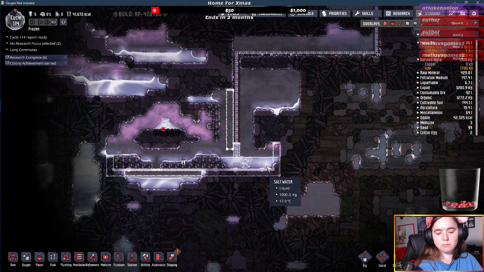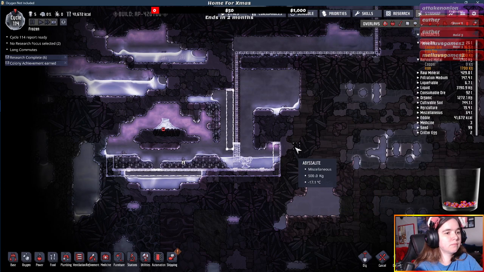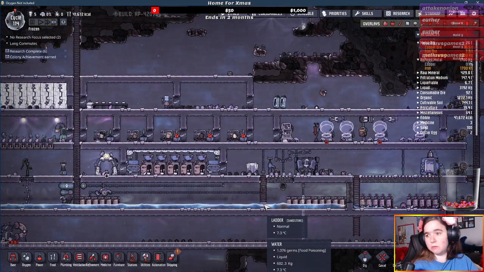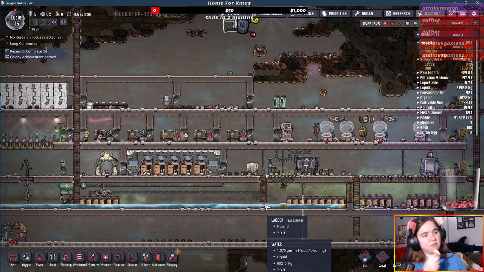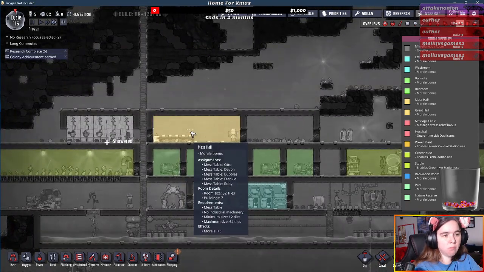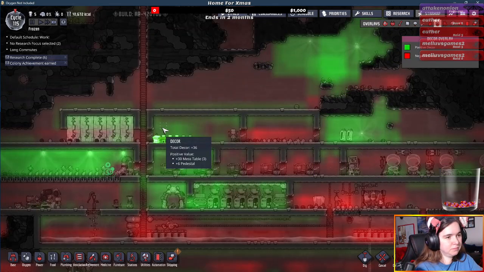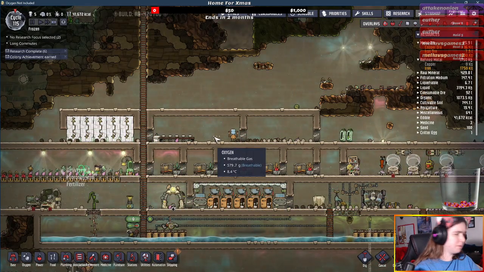Maybe we can go like that. Because my water is getting really low, and we need to get that sorted quickly. And then I can start working on getting better food. I need to get a better decor item in here, but